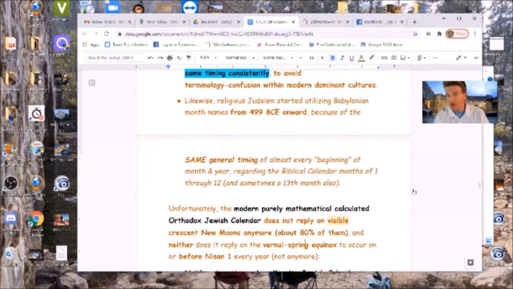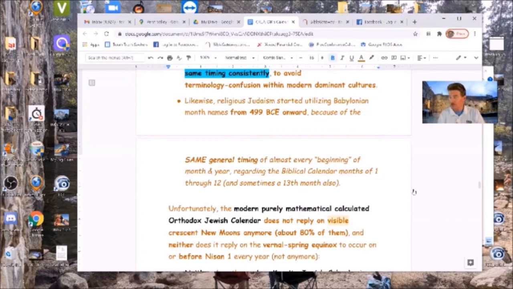Unfortunately, this is where I'm going to step on some big toes. May He protect me from persecution according to His will. Nevertheless, unfortunately, the modern purely mathematically calculated Orthodox Jewish calendar does not rely on visible crescent new moons anymore, about 80% of the time. I'm not going to get into why 20% of the time they're correct, but it really gets into postponement rules that they added centuries after the destruction of the Second Temple. Over the last 1,200 to 1,500 years, there have been some postponement rules added,